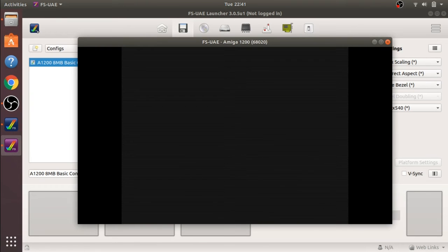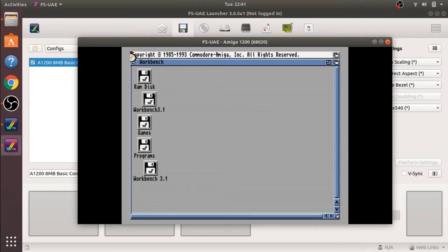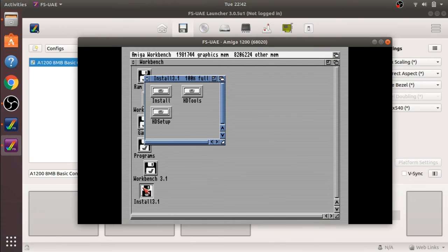So our emulator is starting now, and we'll just wait for this to start up. We should see our Workbench disks sitting there, and there's the Workbench space 3.1, which is our hard drive, and Workbench 3.1, which is our normal disk, and our install disk, which is our install floppy. So double click on install floppy and double click the install drawer,